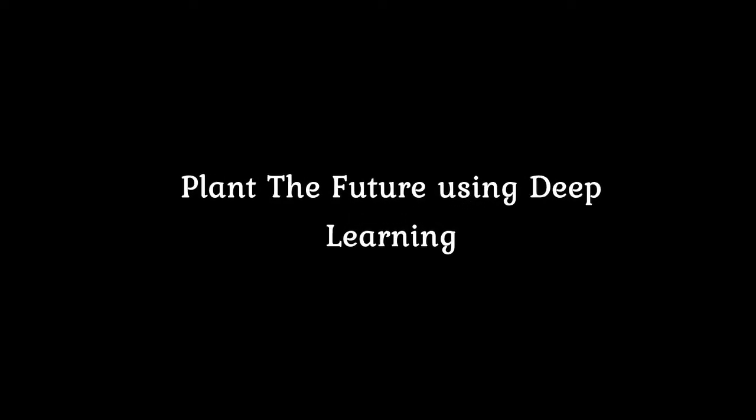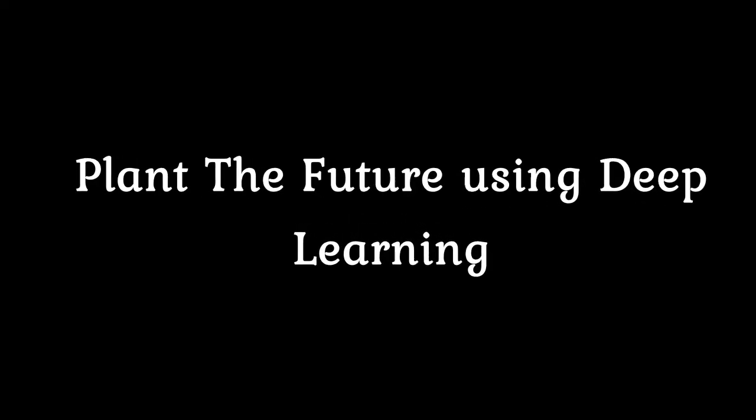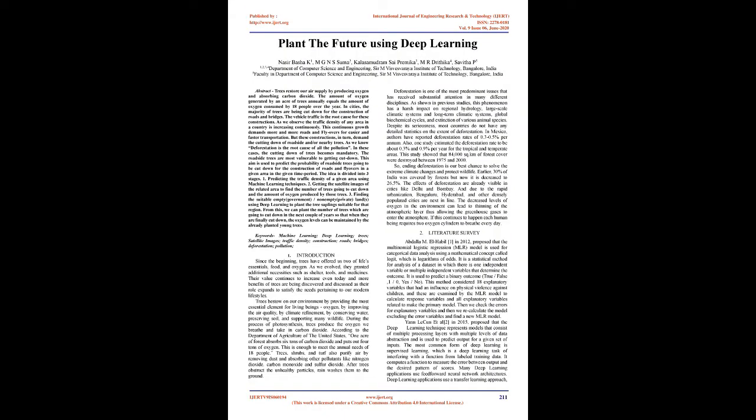Plant the future using deep learning. Abstract: trees restore our air supply by producing oxygen and absorbing carbon dioxide. The amount of oxygen generated by an acre of trees annually equals the amount of oxygen consumed by 18 people